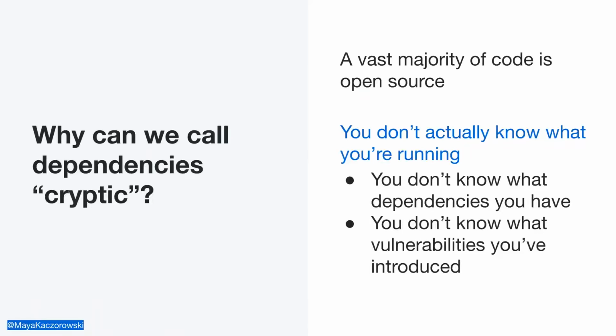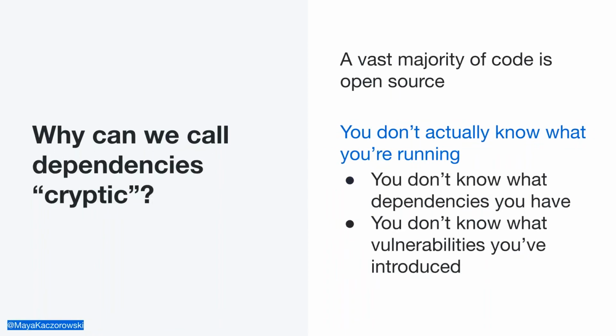So software supply chain, as an appetizer to our crossword discussion later, why are we calling these cryptic? Why is cryptic an apt introduction and description for the dependencies that you have? Well, the reality is that it's extremely common nowadays to not really actually know what's running in your environment.